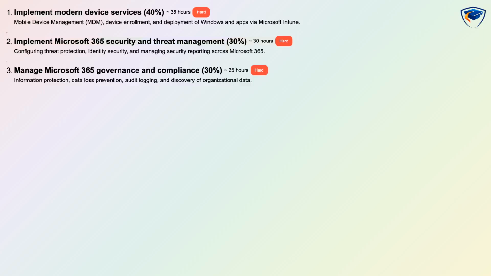Implement Modern Device Services carries 40% of the exam, is rated hard, has an estimated learning time of 35 hours, and is assessed with scenario-based questions. Implement Microsoft 365 Security and Threat Management carries 30%, is hard, requires about 30 hours, and uses scenario-based assessment. Manage Microsoft 365 Governance and Compliance carries 30%, is hard, is estimated at 25 hours, and includes both conceptual and